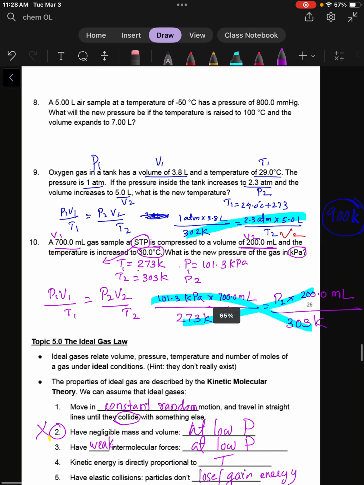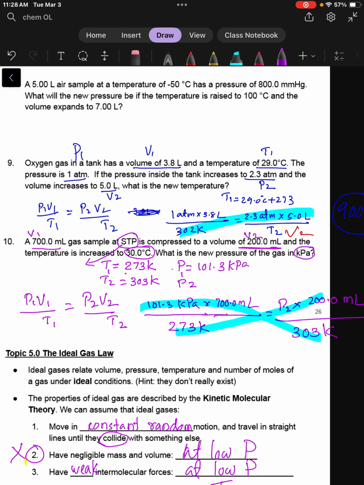So that's it for the combined gas law. Then I will record the